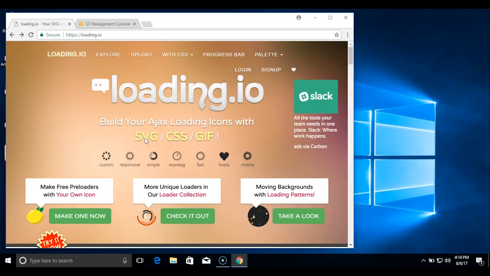Hey everyone, in this tutorial, I'm going to show you how you can create your own loader for your Storyline HTML5 output. So this means you can customize basically the loading screen for your Storyline HTML5 output. And what you can do is you can come here and you can make a free preloader with your own